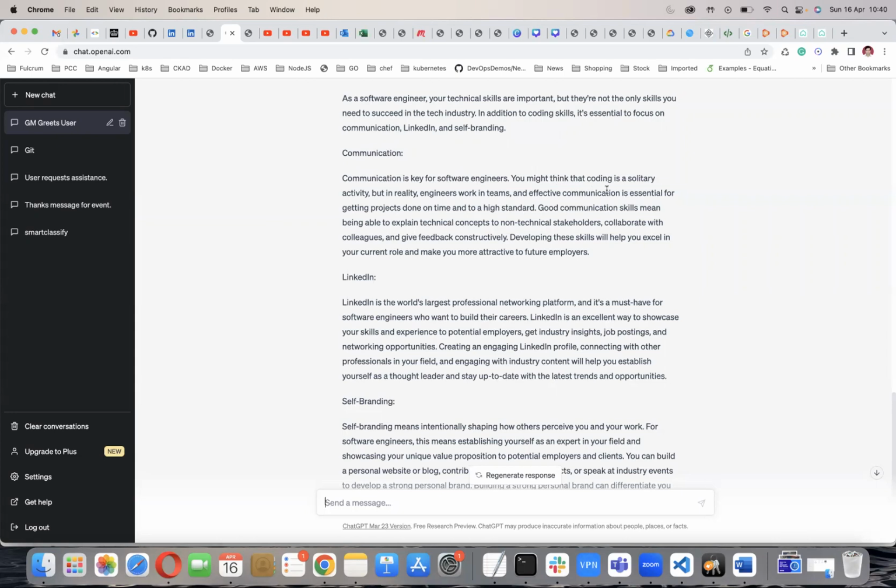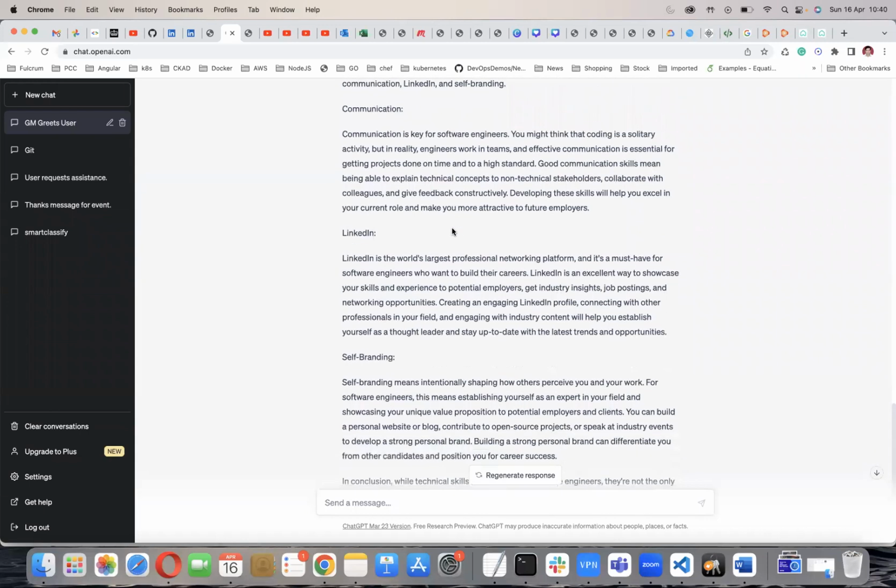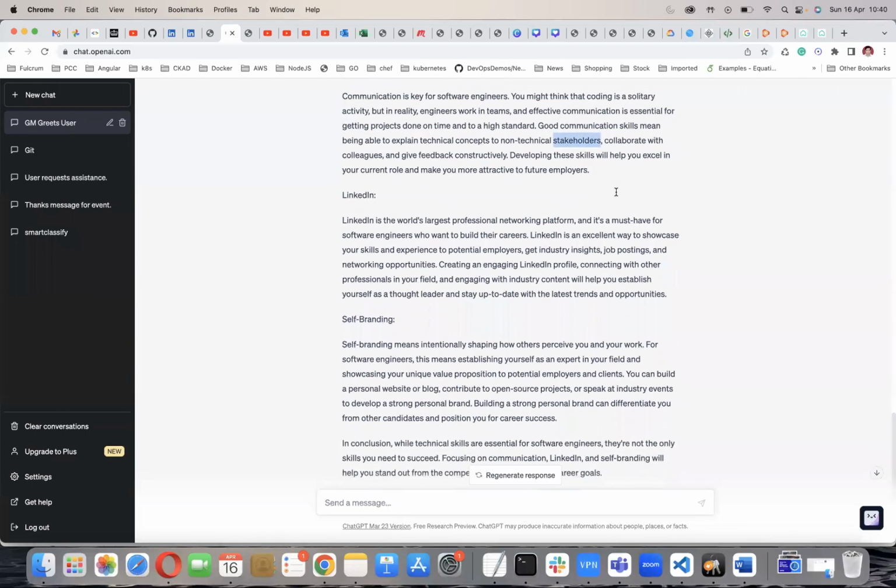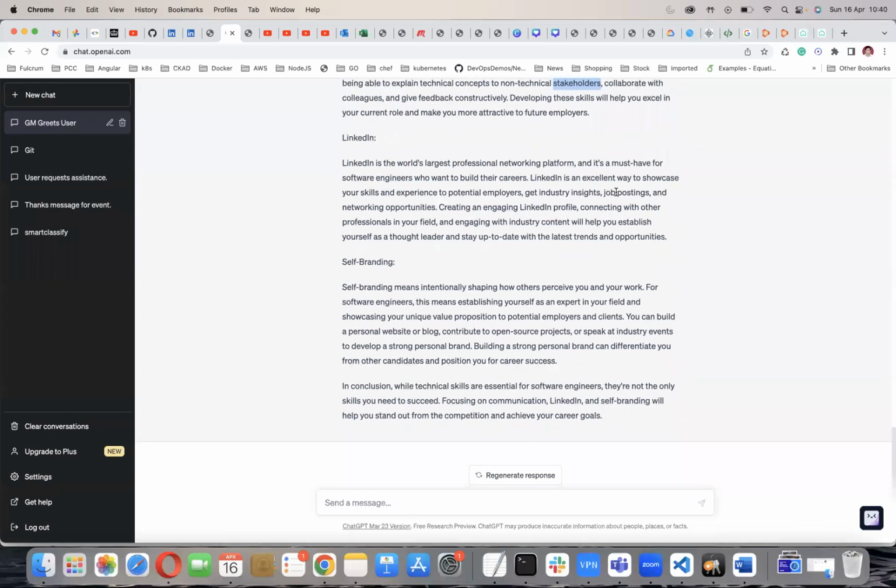You might think that coding is a solitary activity, but in reality, engineers work in teams. Effective communication is essential for getting projects done on time and to a high standard. Good communication skills mean being able to explain technical concepts to non-technical stakeholders, and collaborate with colleagues. So this kind of thing you can see, and yeah, it is looking good.